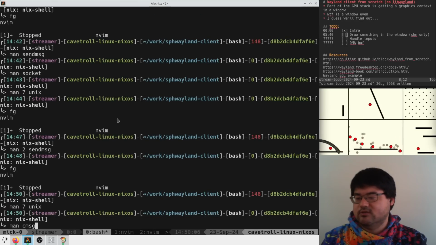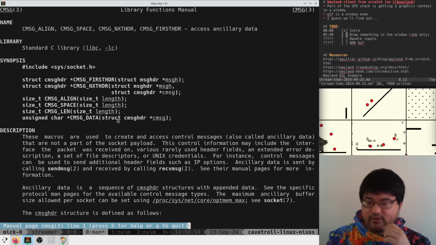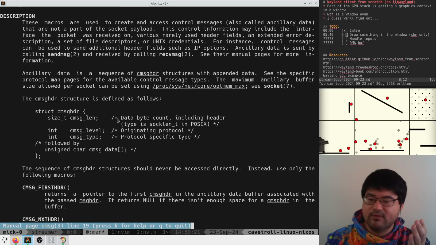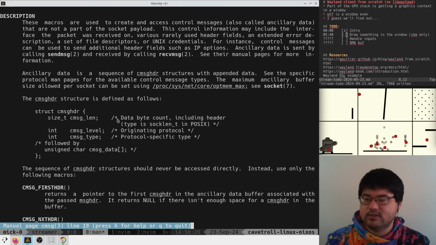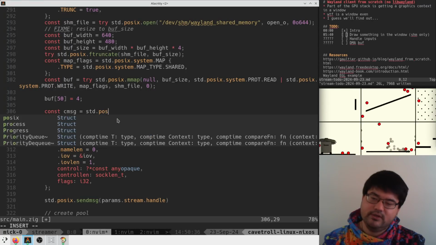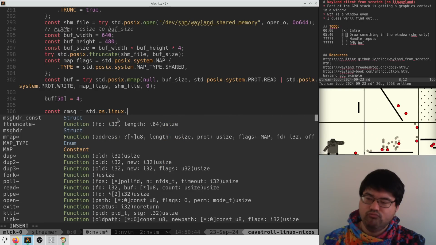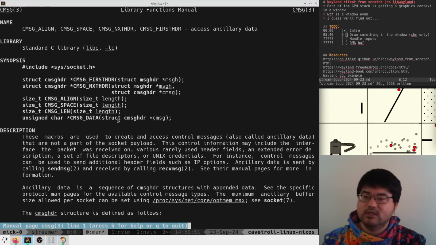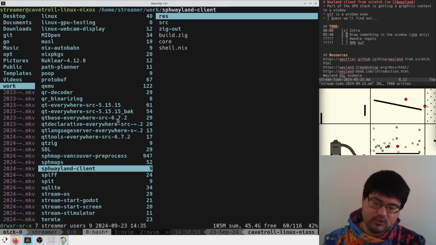So I think they said cmessage for more. These are macros used to create and access control messages, also called ancillary data, that are not part of the socket payload. This control information may include the interface that the packet was received on, blah, blah, blah. Okay, so they have a cmessage header like this. I don't really imagine that we need to use these macros. Presumably, we have const cmessage is std POSIX OS Linux cmessage. Are we unlucky here and we don't have it? Man cmessage. So this is part of the Linux man pages, okay? And if we look at musl,